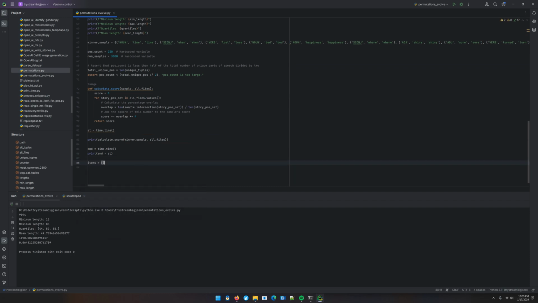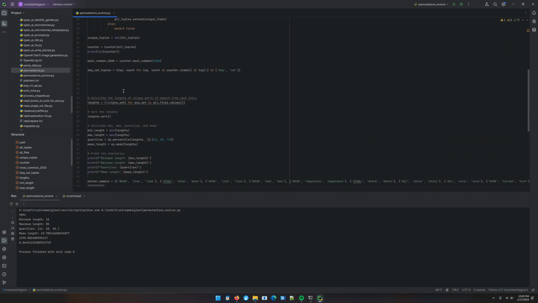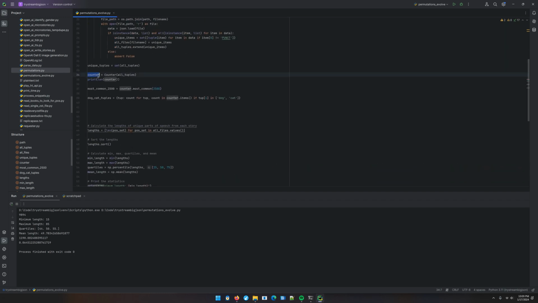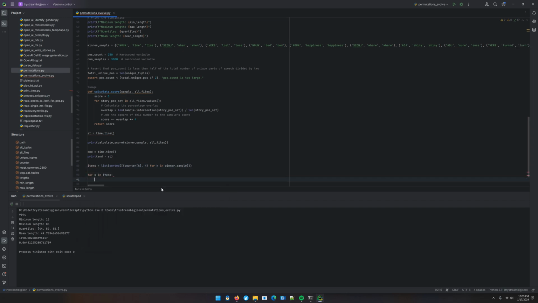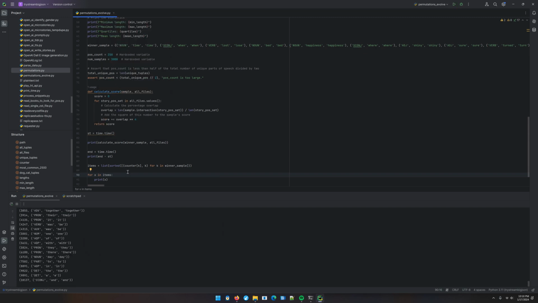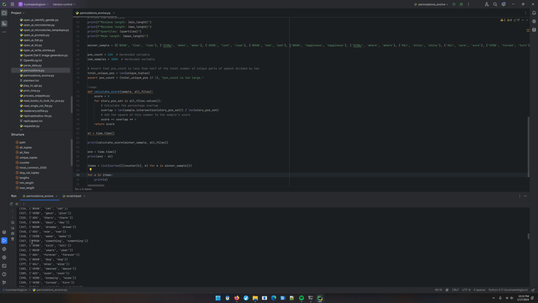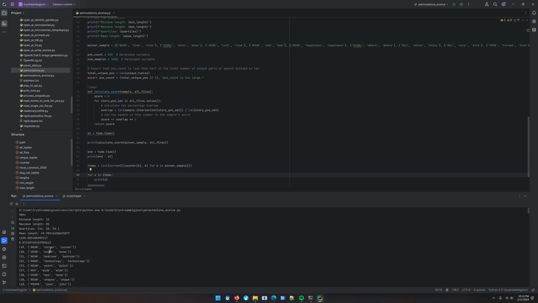So we're going to have items equals, what's a counter? All tuples. So counter of k, comma, I guess k, for k in winner sample, sorted. Then for x in items, print x. Just show me what we've got, please. All right, so "and" is the most common, and then the least common is